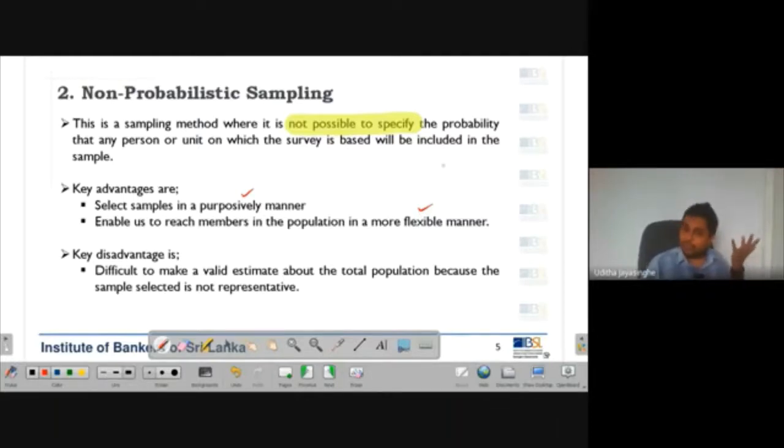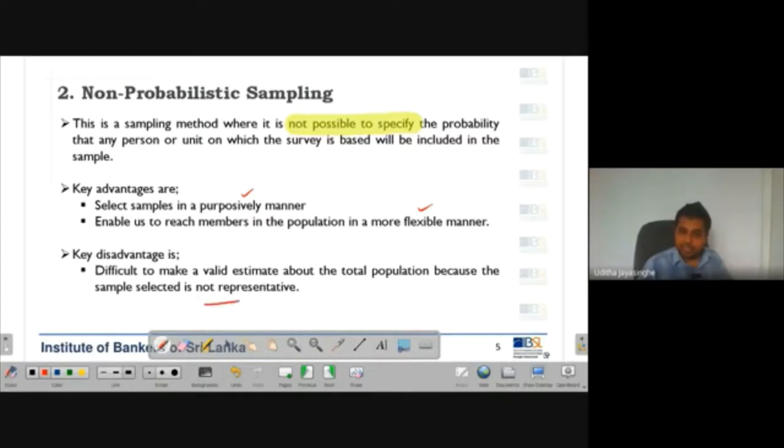You might think, is this a good sampling methodology? Of course, it may not be the best one, but given the circumstances, this may be the only methodology the researchers sometimes have to follow. What are the key disadvantages? It is all about